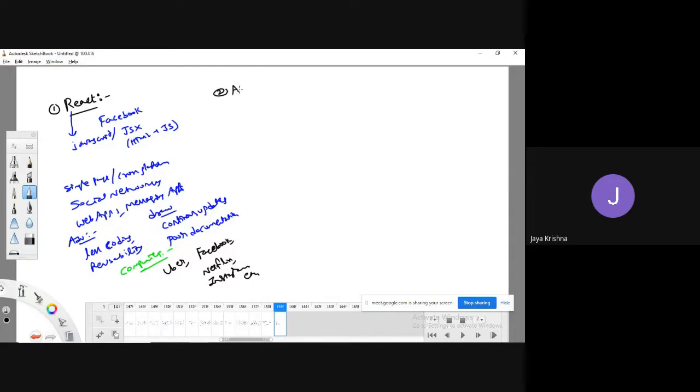And coming to one more framework, Angular. React is meant to develop single page or cross platform applications, whereas Angular is specifically meant to develop single page applications. Okay, fine. And it was developed by Google only. Angular was developed by Google, and they used TypeScript as the base to implement Angular.